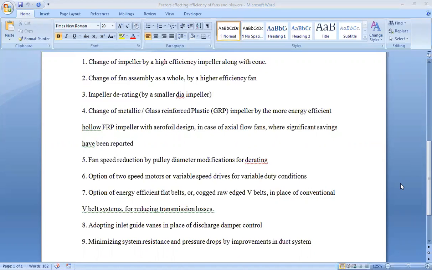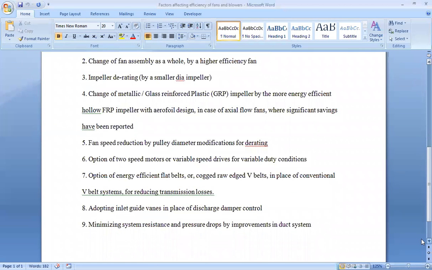Then the next point, option of two-speed motors, we have learned. Option of energy-efficient flat belts, or cogged raw edged V belts. Some V belts are there. There is one, it is a cogged belt. Flat belts are there. So these belts are used, which are energy efficient belts. There is less reduction in the speed because of the use of the belt. So we have to use energy efficient flat belts or V belts, which are more energy efficient, and